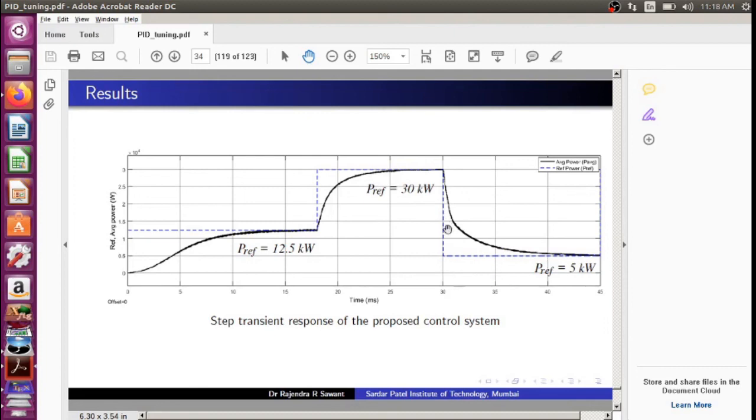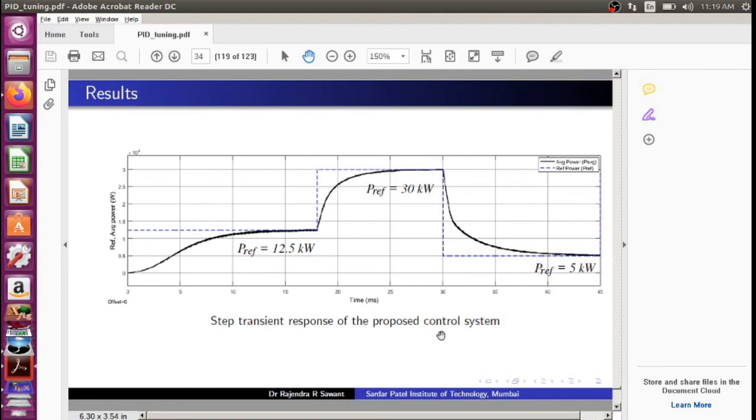Now let us see what happens if the 30 kilowatt reference is changed to 5 kilowatt. Suddenly there is a change in the set point from 30 kilowatts to 5 kilowatts. You will find that the controller responds, and the power settles down to 5 kilowatt.